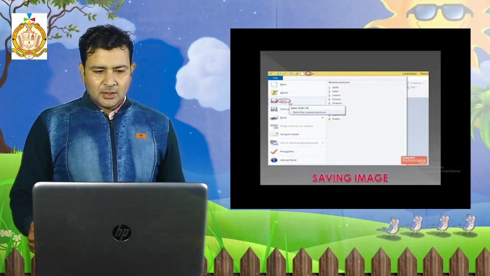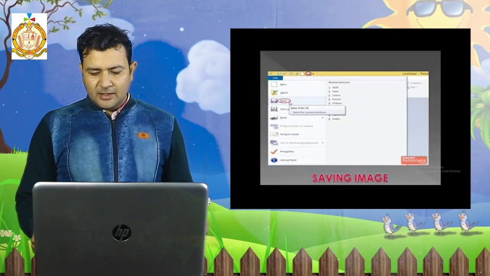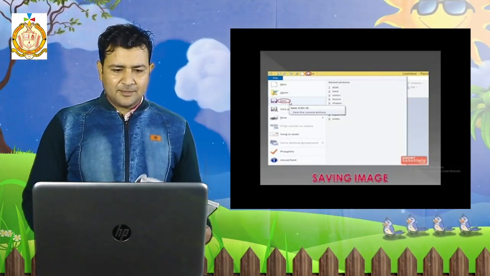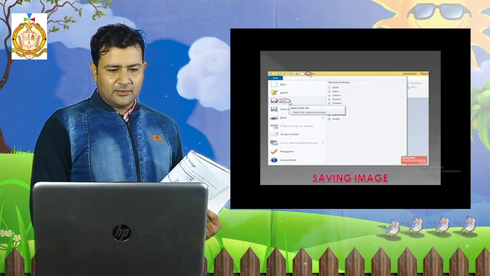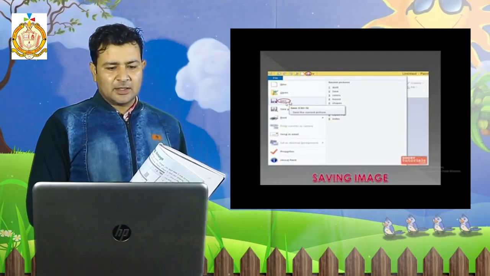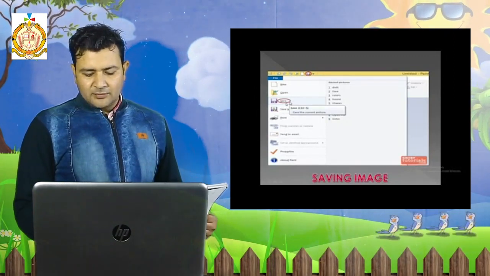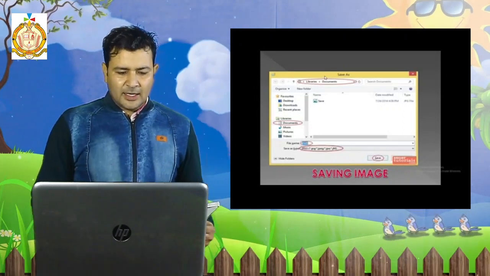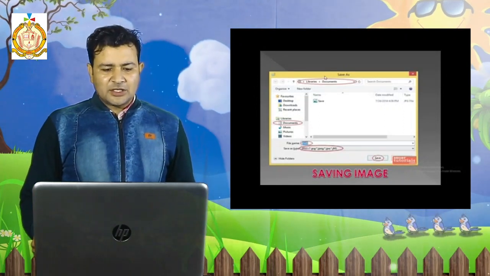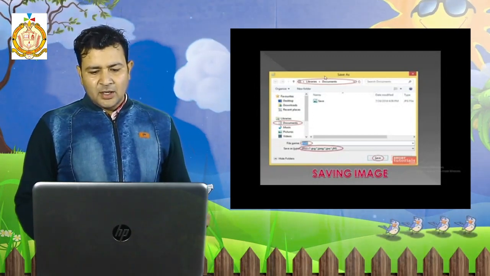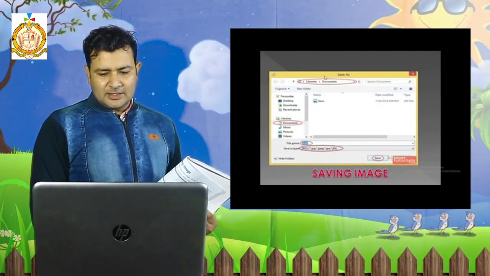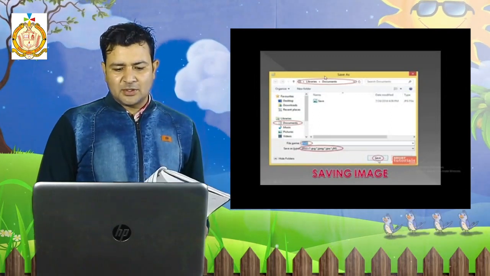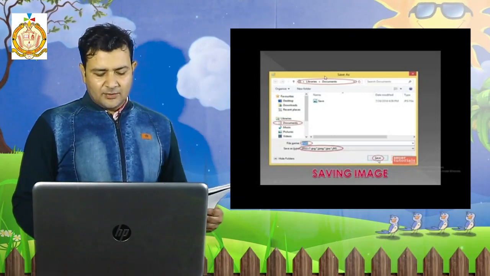Click on the File button. As it is showing, click on the File button, click on Save. A circle is there on the Save, that means you have to follow this step. First circle is on this Save, then this second is another Save. Then give the name of your file, type the name, then give the location also, in which location you want to save, and finally you have to click here. My cursor is showing the Save button. When you follow these steps, your image will be saved automatically.